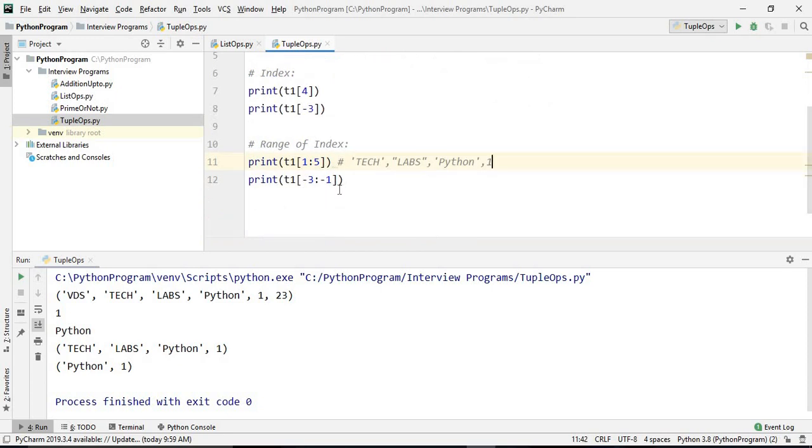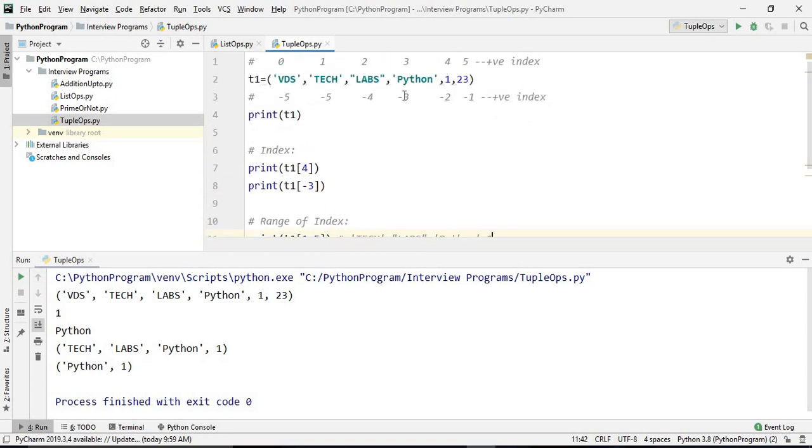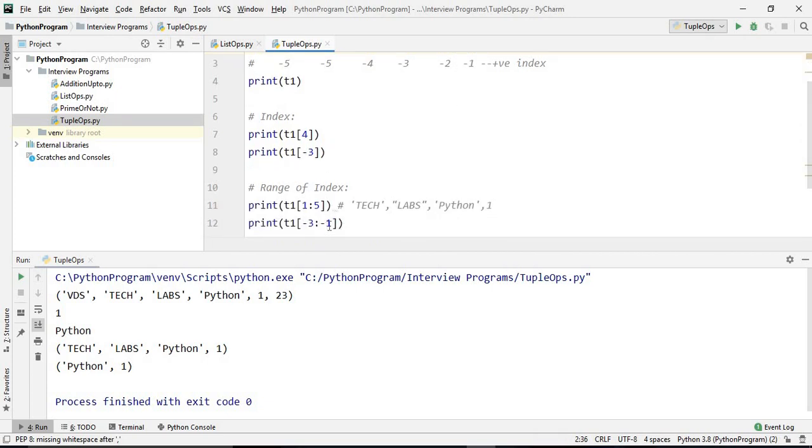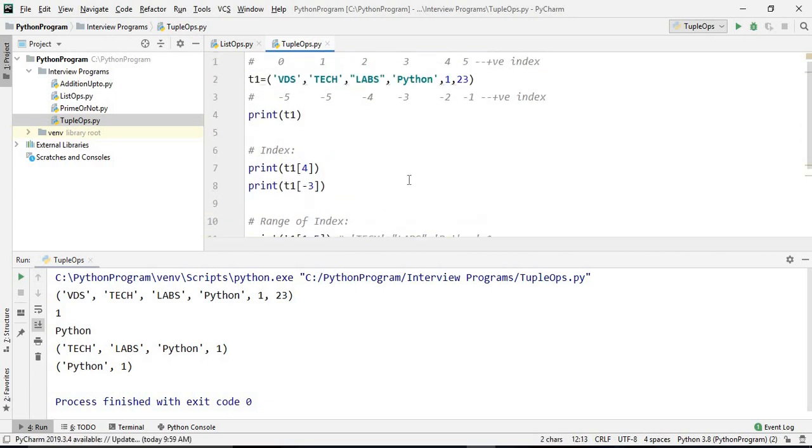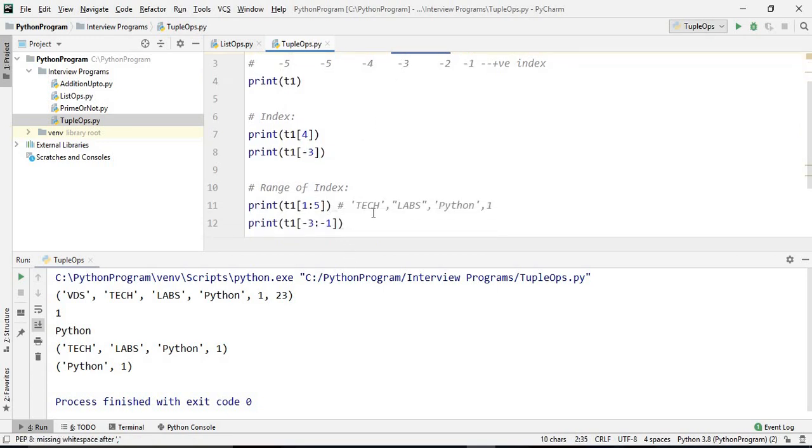So -3, -2, -1. If we keep in mind, -1 is the n-1th position. So it includes -3 and excludes -1. So Python and 1. So this is the negative range.